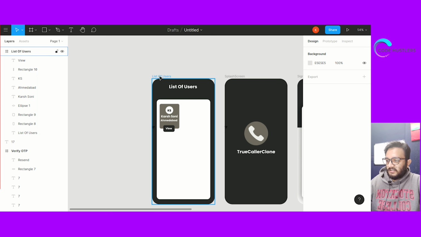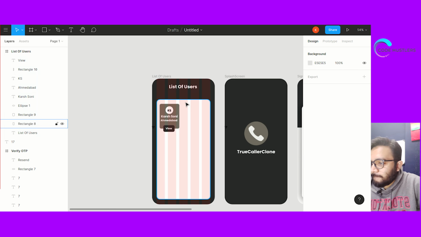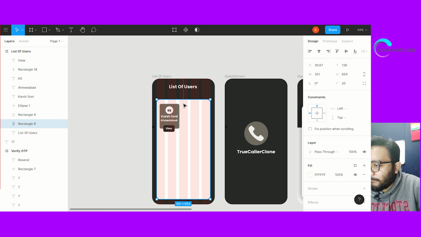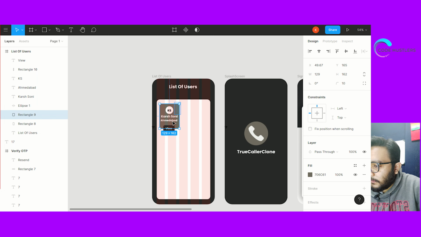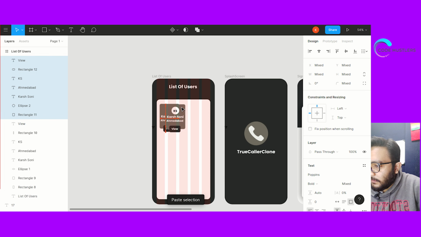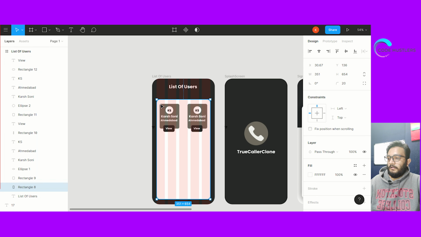So what we'll do is we'll just copy these. Why am I not able to select this entire thing? So that's it.